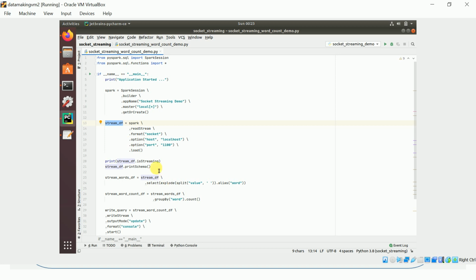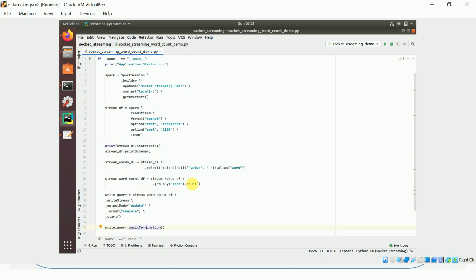Now this is all the same code. What I'm going to do here is the word count program. It is a simple one, but very helpful to understand all the concepts, so I will tell you how it is happening.